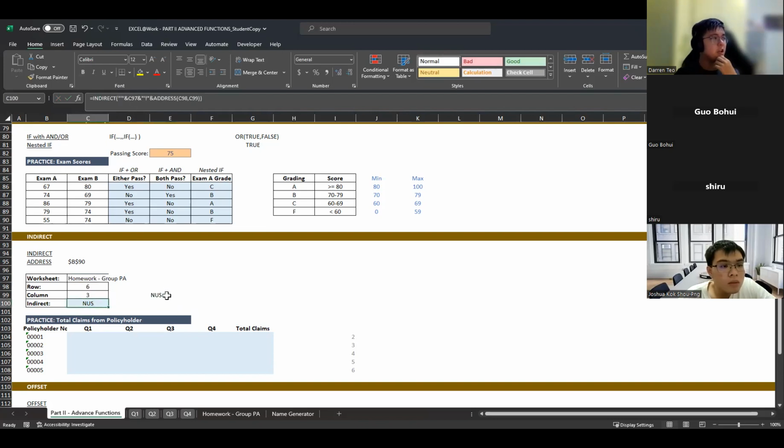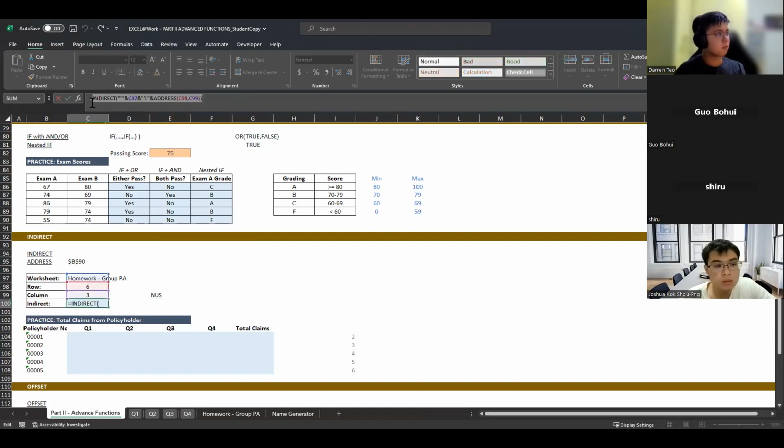The magic is to create the same thing. What I'm doing here is essentially creating this syntax to be equal to this syntax over here. Let me do a side by side comparison. Give me a moment.